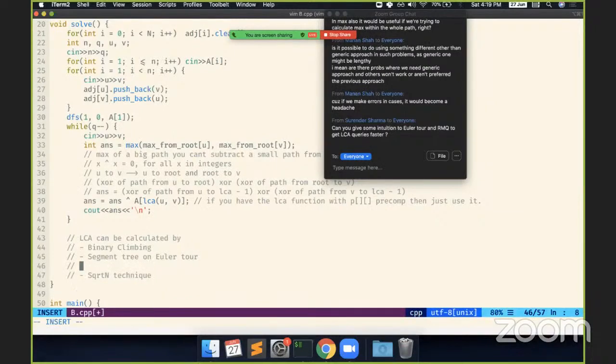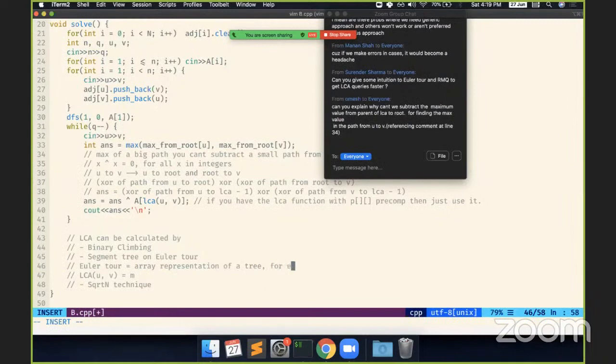Sure. So if you know what Euler tour is, which is basically an array representation of a tree, then what you do is, if LCA of u to v becomes... okay, so in the array representation, what you do is, for each element of the array,